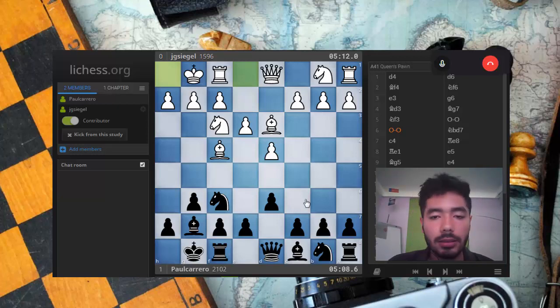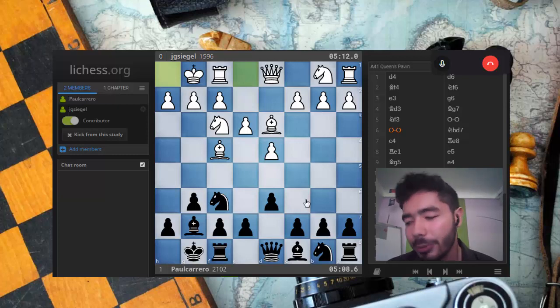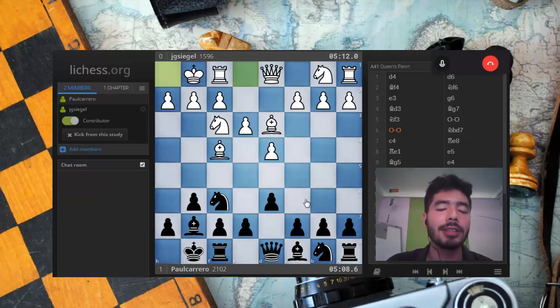Because as the white pieces, I should be more aggressive since I have the first move advantage. Exactly. That's the perfect answer there. You have the white pieces, why don't you go a little bit more for the point, right? Why don't you go a little bit more with your pieces up and try to kill the other guy? Knight d7, c4, and this was one more time something that